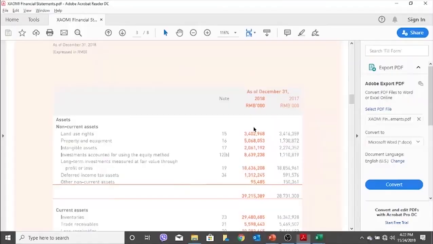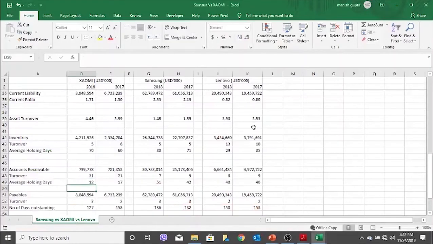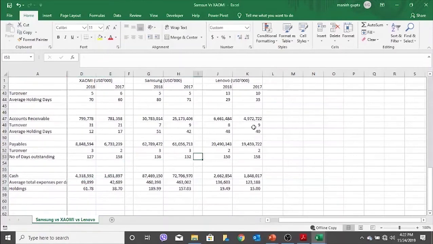Right? So let's say now, who is paying their suppliers late among Samsung, Xiaomi and others? What is the payable turnover? Only 2-3. And this is their average number of outstanding days. So Lenovo is holding 150 days. How many months are 150 days? 5. So they are not paying their suppliers for 5 months. And what about Samsung? Same story. Xiaomi, 4 months, a bit better, but similar, right? 4 months, 4.5 months. So it seems like for the entire telecom industry, the industry norm is 4 months.